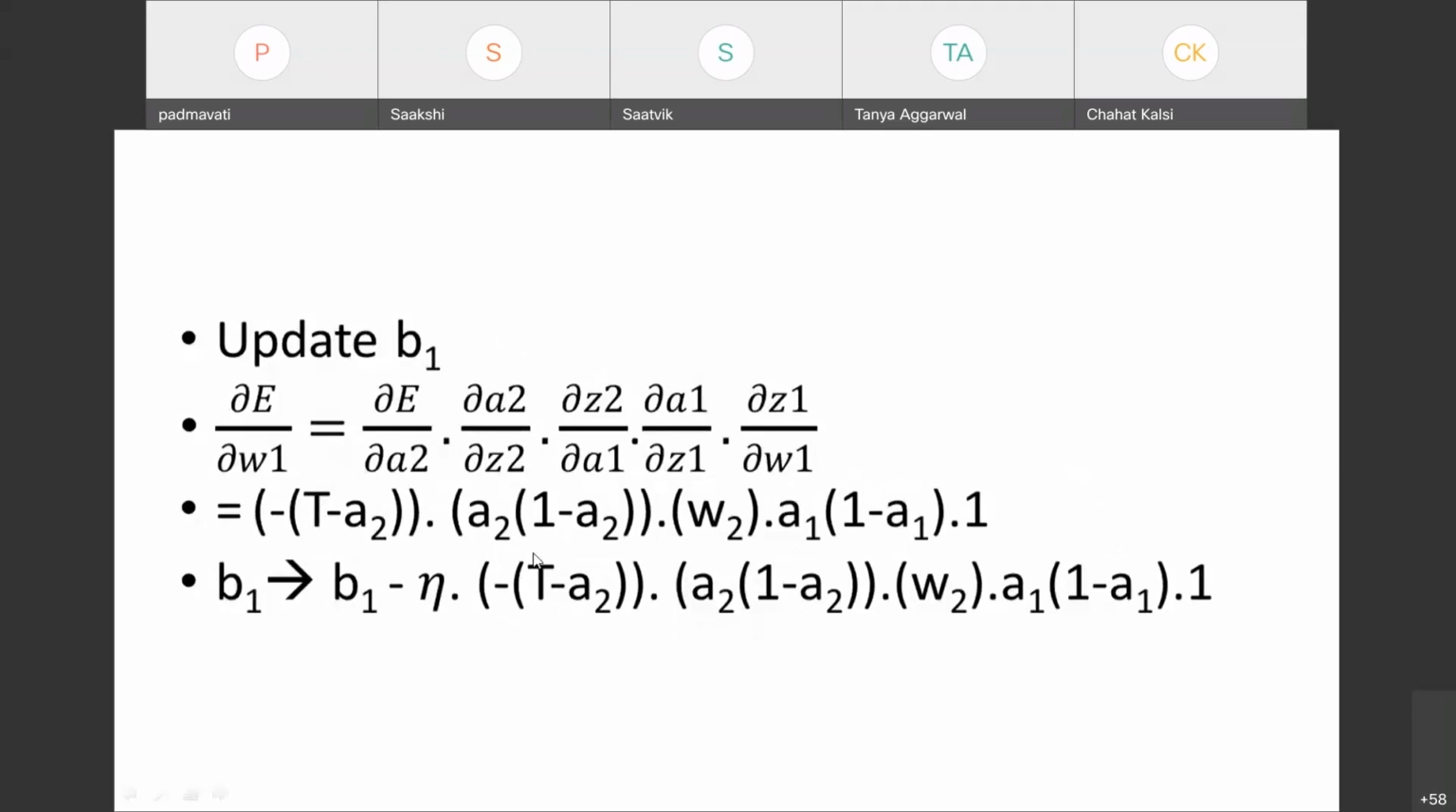Now, let us try to get how we update the B1 values. Again, B1 values need to be updated. The derivative of E, I will compute with respect to A2. Again, the derivative of A2, I will compute with respect to Z2. Z2, I will compute with respect to A1. And the derivative of A1, I will compute with respect to Z1. And the derivative of Z1, I will compute with respect to B1. Okay. And when we solve all the derivatives, then